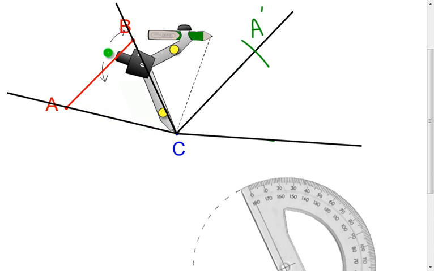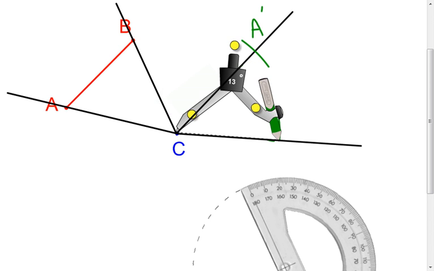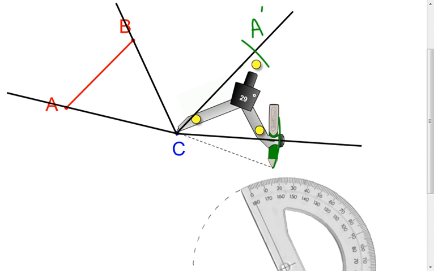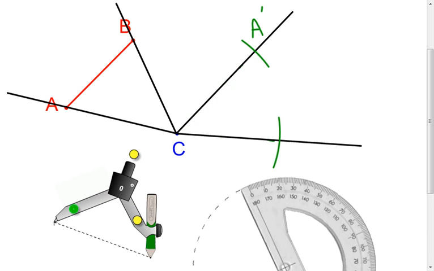There we go. Bring it over here. Make my arc. Now I can try to get my compass out of the way here. And now I know that B prime is going to be right there. And then I can just connect the dots